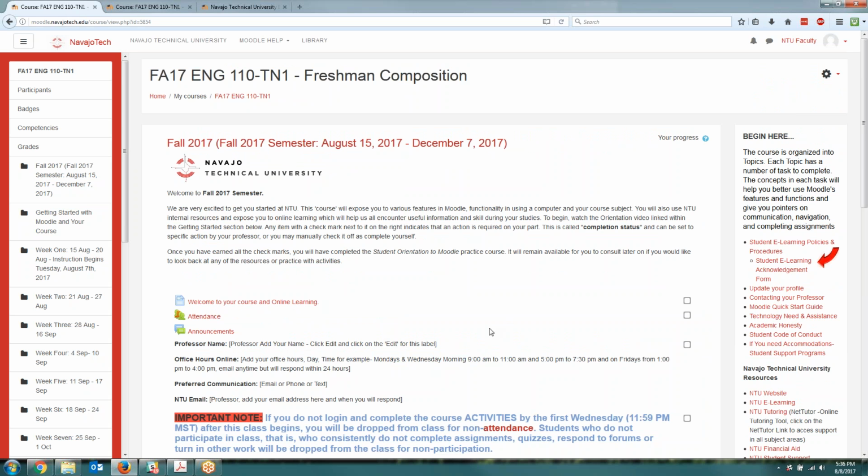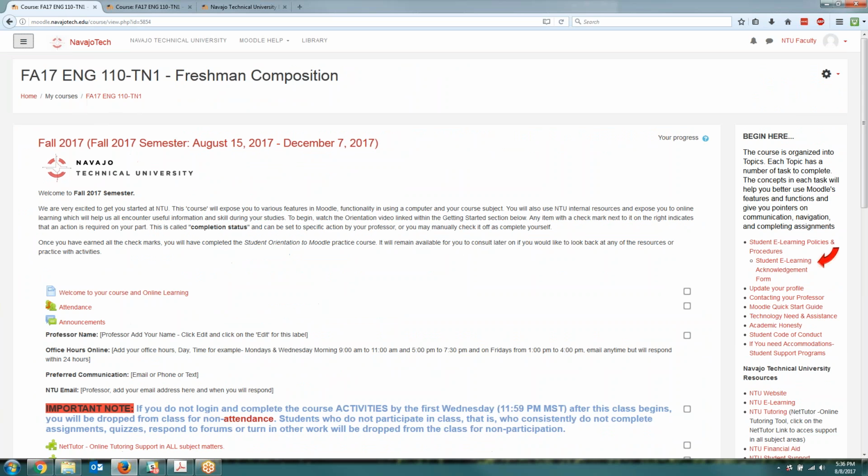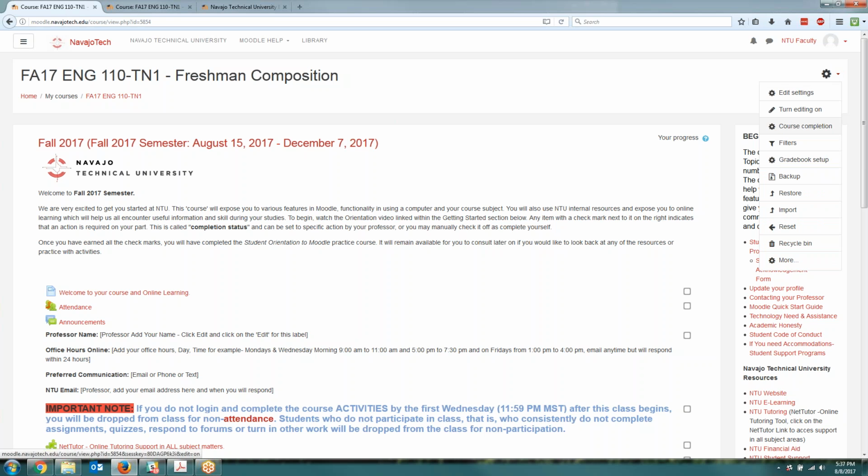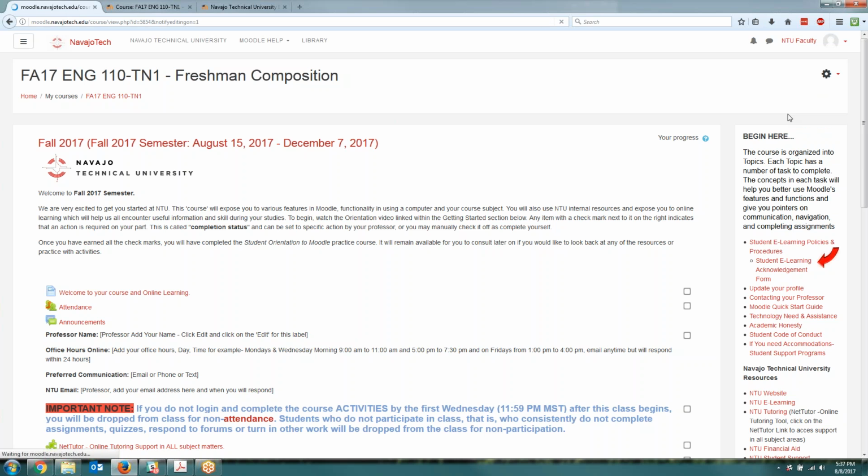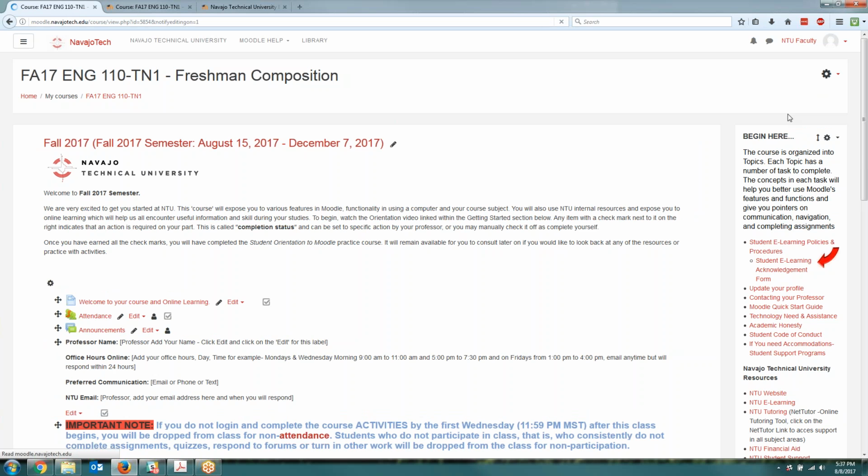So the first thing you'll need to do is come to your gear menu up here in the top right-hand corner. So for those of you who've used Moodle in the past, there used to be a turn editing on button up here. So it's the same idea, it's just been replaced with this little icon. And then you click on turn editing on here in the little menu that appears. So once I've done that,